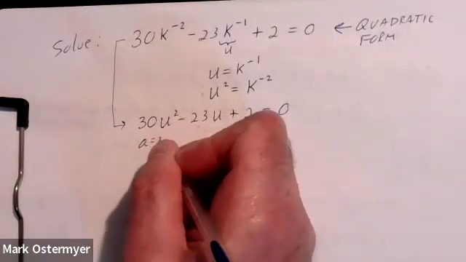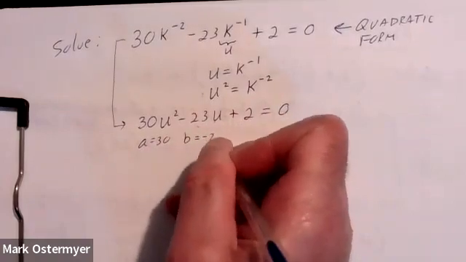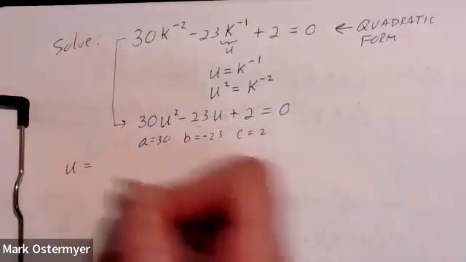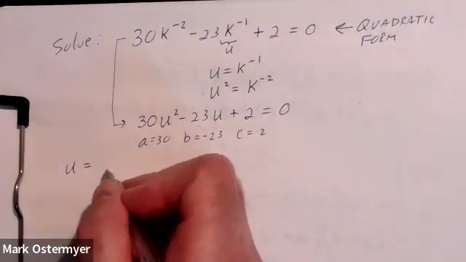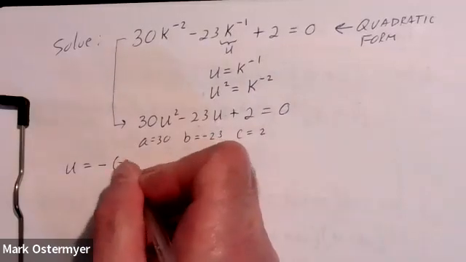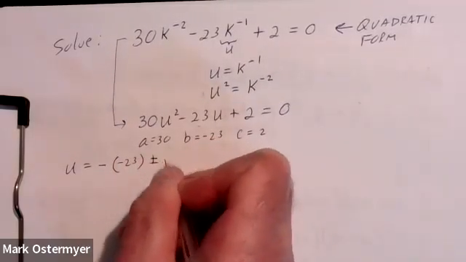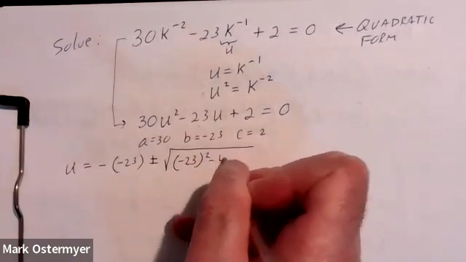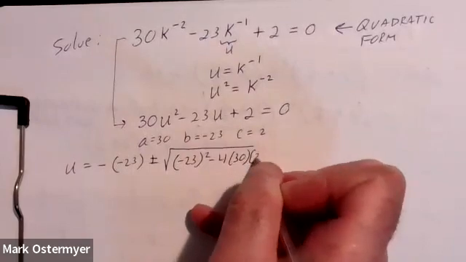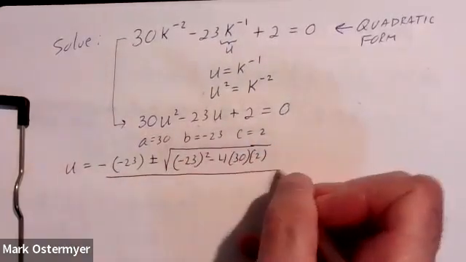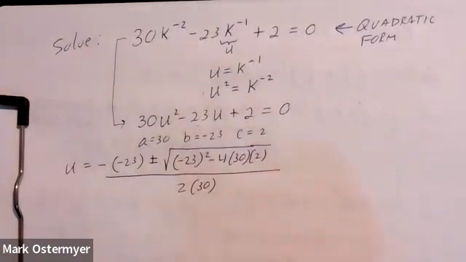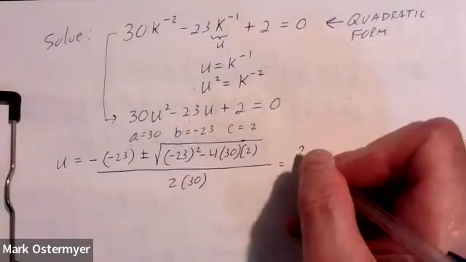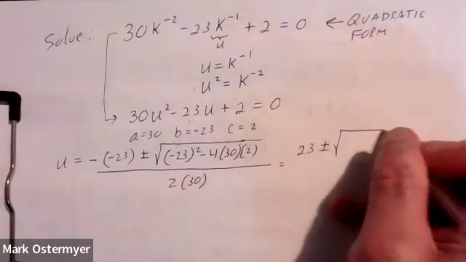My A is equal to 30. My B is the linear coefficient of negative 23, and my C is the constant term of 2. So here we go. We'll use the quadratic formula, which would be the opposite of B. So it's going to be the opposite of negative 23, plus or minus the square root of B squared minus 4 times A times C. And this all sits over 2 times A. All right, and so now we just have to crank out these two solutions. By simplifying this, we have 23 plus or minus the square root of